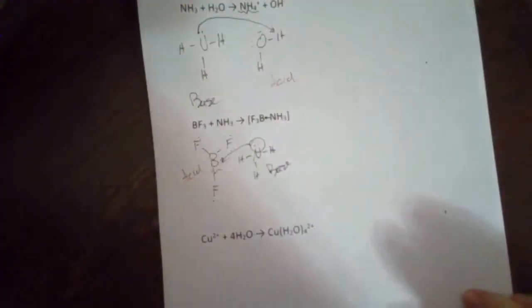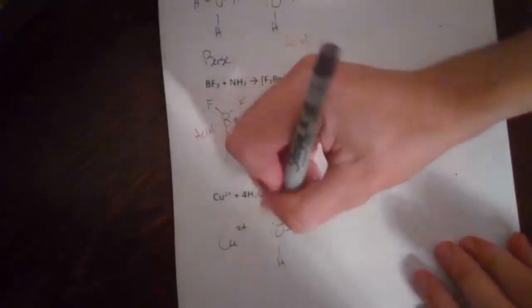Copper cation plus water. Water, we don't really know, it can go both ways, so let's write it out. Cu2+ and H2O. Okay, what happens here? Well, when we see the copper bonded to the waters like this, this is one of these complex ions. And what ends up happening is these lone pairs donate in. We don't know too much about these complex ions yet, but one of the things we can know is that if you have a transition metal, like copper, the transition metal cations,